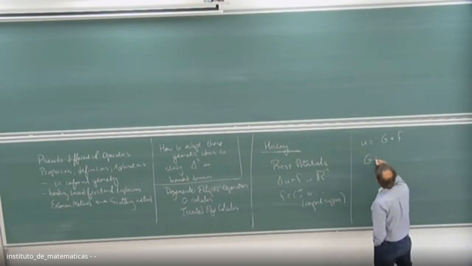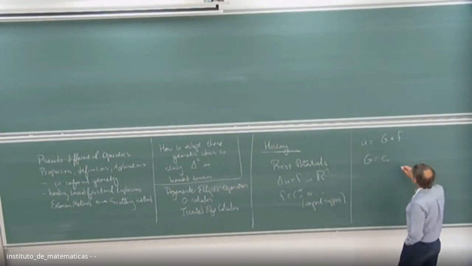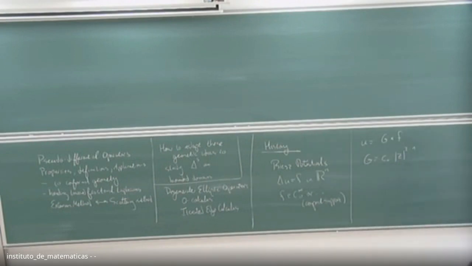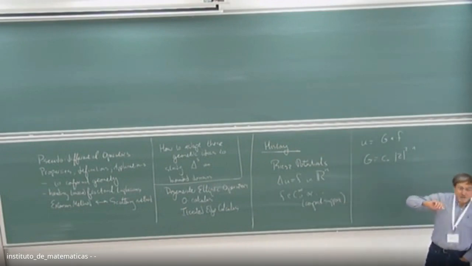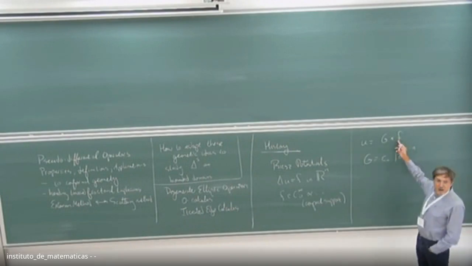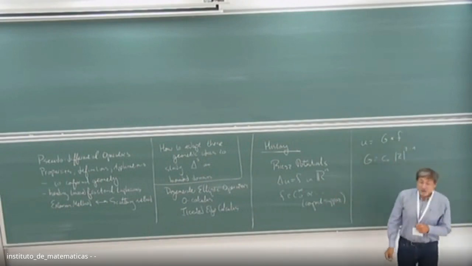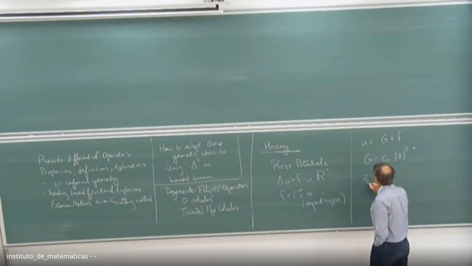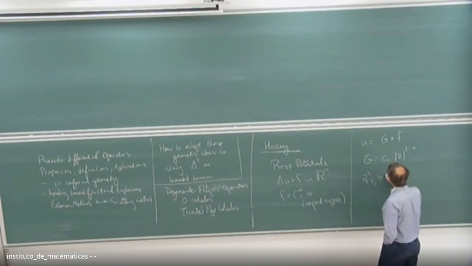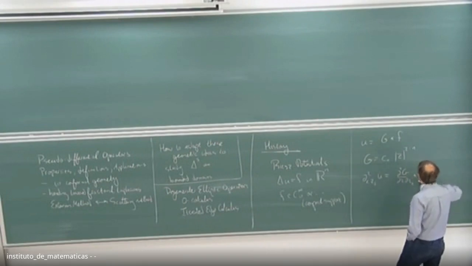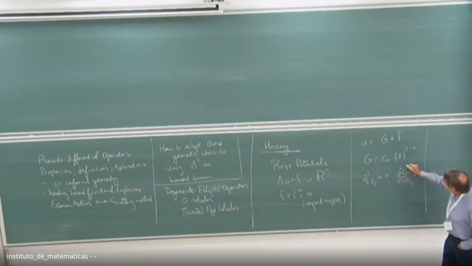What is G? G looks like a dimensional constant, which I can never remember, times mod z to the 2 minus n. That's a very well-known formula. Now, what is a Riesz potential? It's a very classical thing in elliptic theory: if you know that f has a certain degree of differentiability, you'd like to know that u is two orders more differentiable. So suppose I take d_{z_i z_j} of u. This is equal to d squared G over dz_i dz_j convolved with f. And this is the Riesz potential.